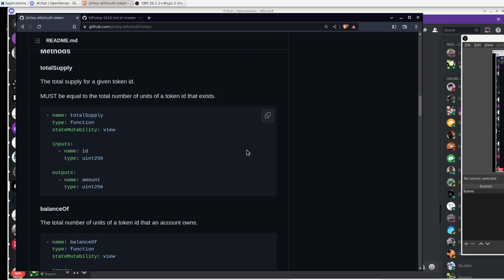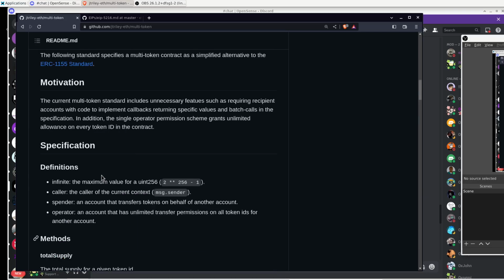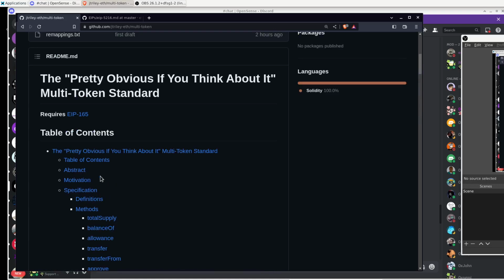So removing that, and then also removing this sort of foot gun where if you have a smart wallet and you just so happen to forget to implement the 1155 hook, you can't receive 1155 tokens, and that's a big problem. So yeah, remove all of that, and then let's just get down to the basics of this, right? So I'm just going to step through the definitions real quick.